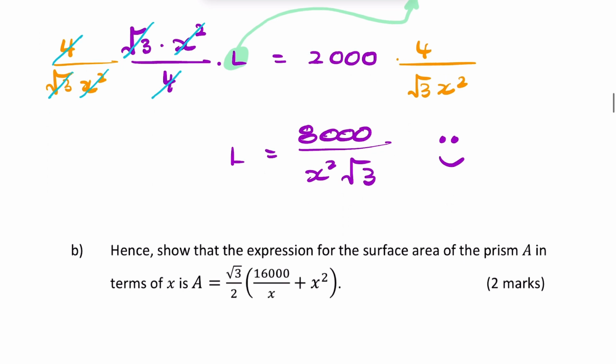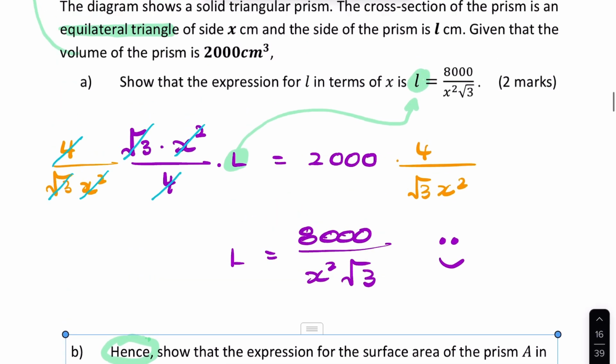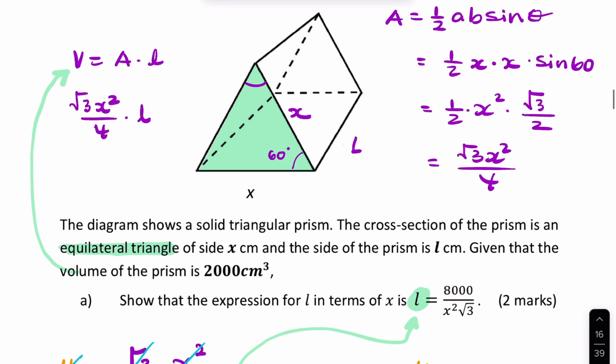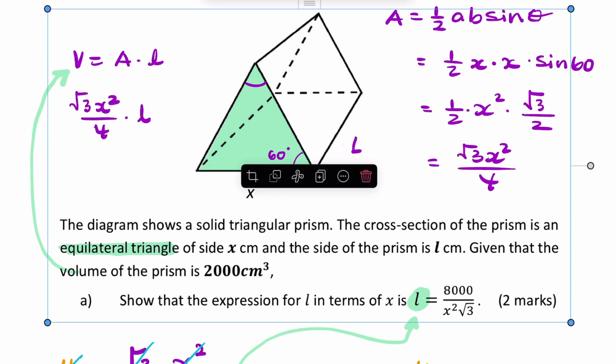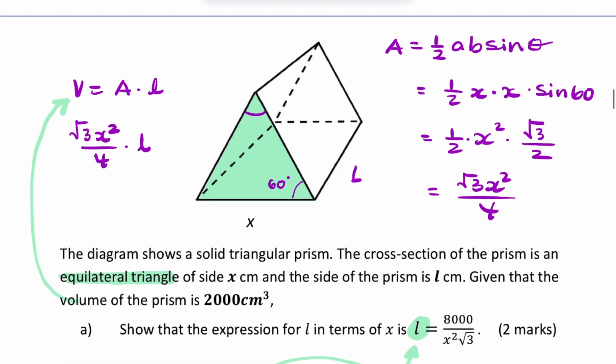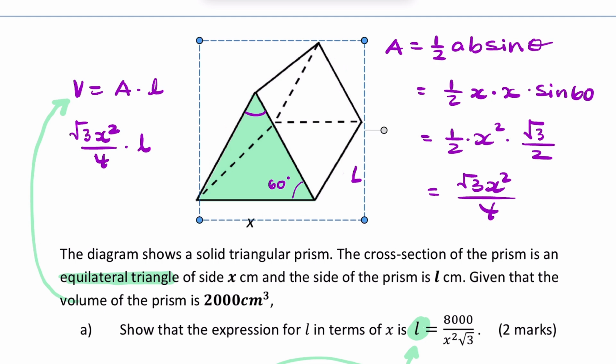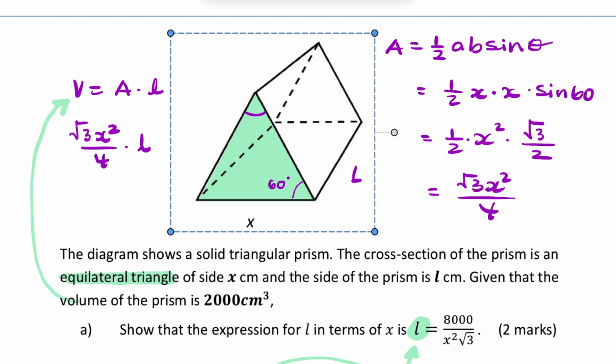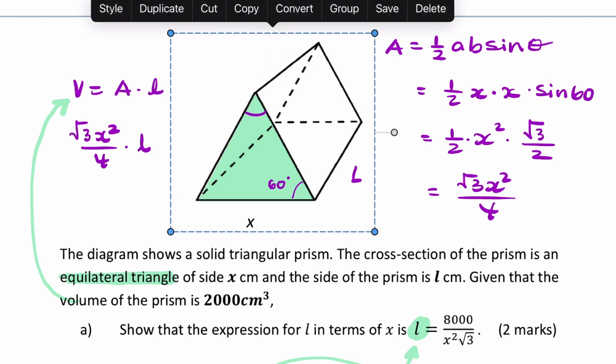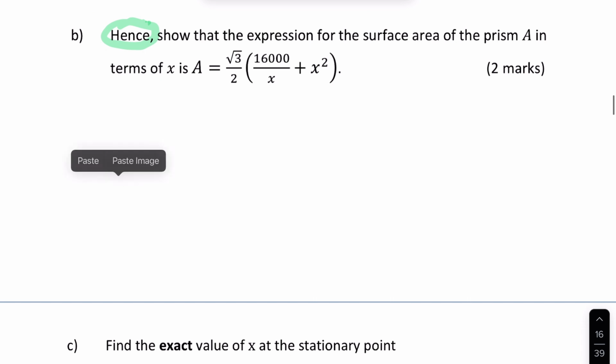The second part of the question says hence, and hence means using what you've just found. So we're using this information to find the surface area of the prism. Let's look at the prism again. We're not looking at the volume now, we're looking at the outside surface area. If you look at it, it consists of two triangles and